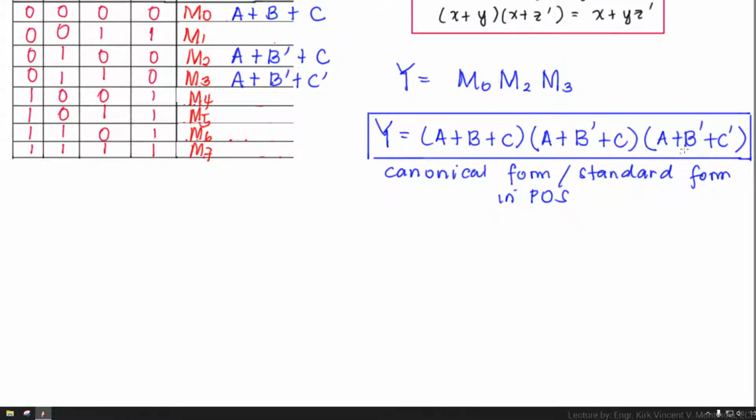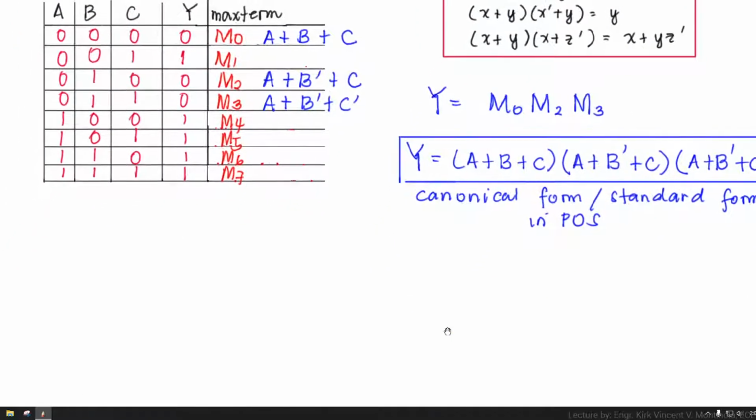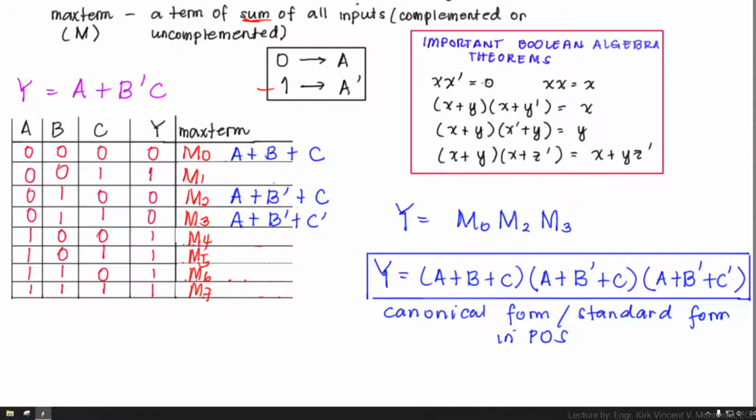Okay. Now, we will be simplifying this one to arrive at a minimized Boolean algebra expression that is the same. So, we expect that our answer here, class, would be the same as what we got in the midterms, because the truth table is equal. Nothing changed in our truth table. So, what we will do is to be very familiar with the identities and theorems involving Boolean algebra, especially